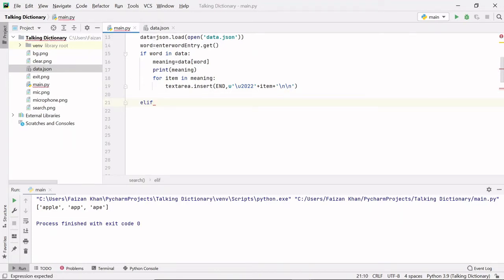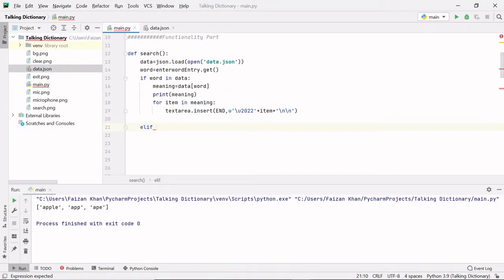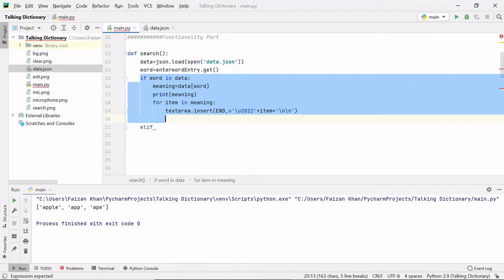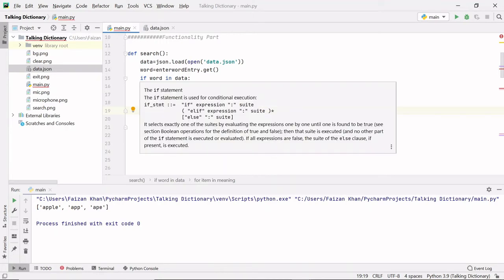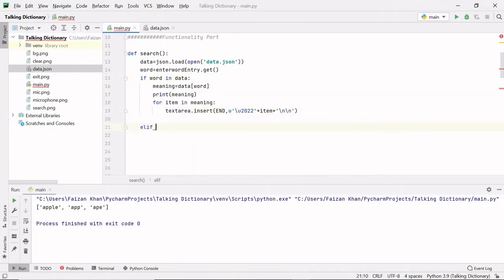If you find that word inside this data, then this code will be executed and the meaning will be inserted in the text area. If you write a wrong spelling, we will simply check for the closest matches inside this data.json file, right?